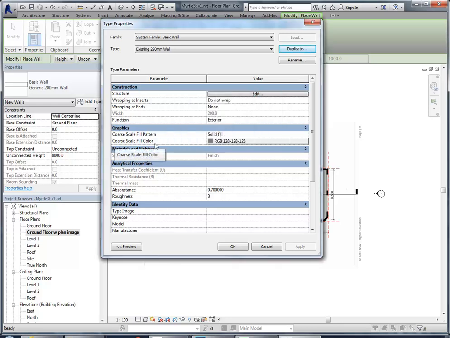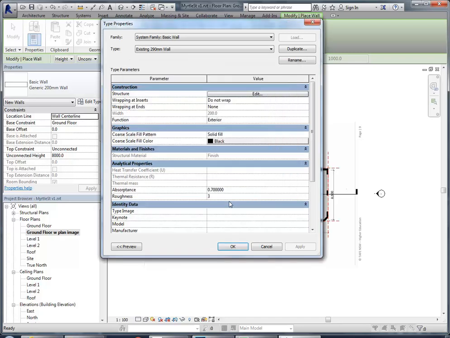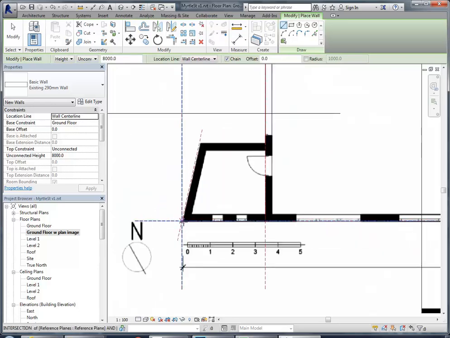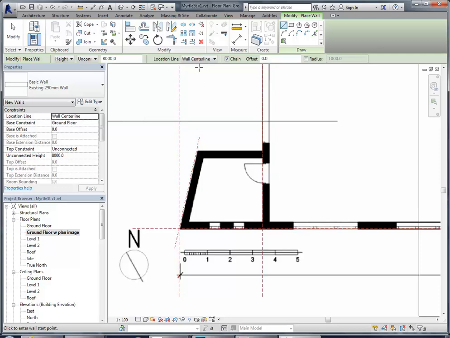I'm going to change the coarse scale fill colour there to black. Okay, so that's one of the options people skip past. Often you go straight to materials and ignore that one, but that's really useful. So I'm just going to click OK. And then trace my reference planes, not the plan. And sorry, before I click anywhere, I'm going to change the location line there to finish face exterior, the height to roof,